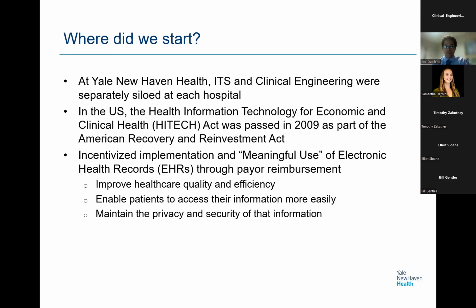But in 2009, as Elliot mentioned, we had the HITECH Act that was passed that created a lot of incentivization for meaningful use of electronic health records. So there was reimbursement from Medicare and Medicaid in the U.S. That really pushed for improved quality and efficiency and maintaining privacy and security of the information while expanding the capabilities